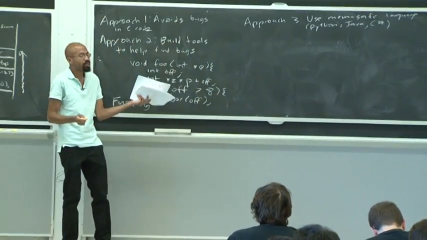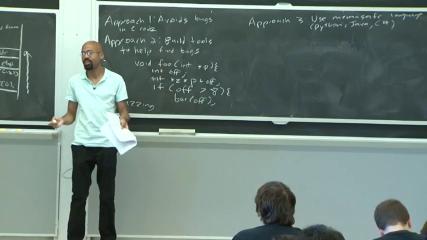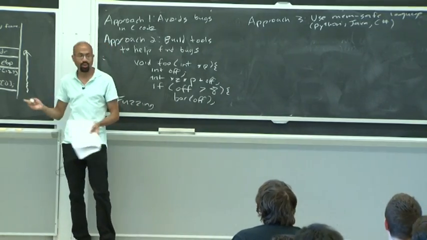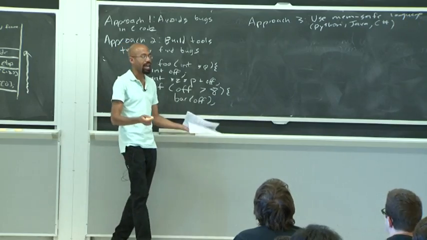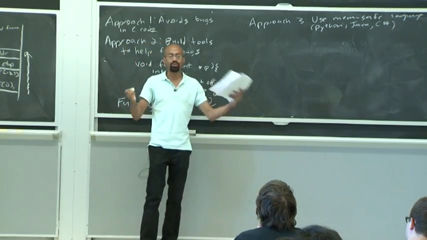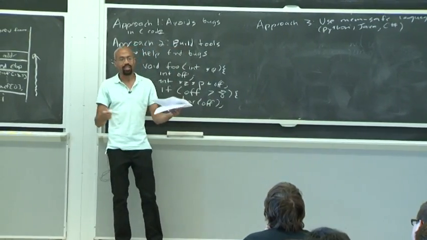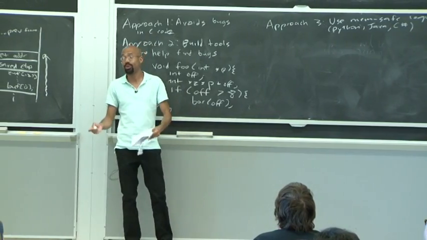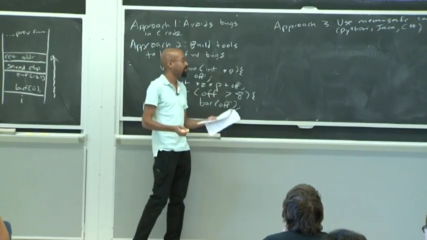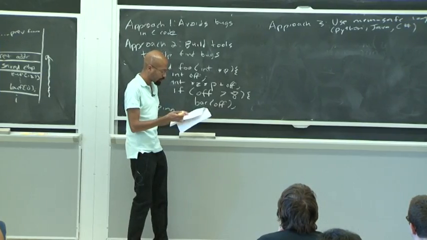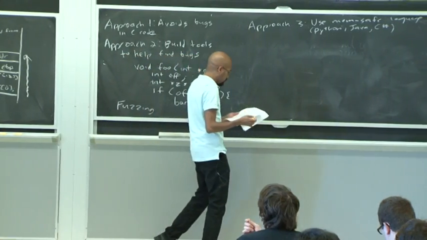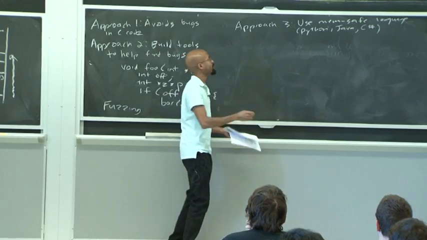And to a certain extent, this seems like the most obvious thing that you could do, right? I just told you that C is basically high-level assembly code, and it exposes raw pointers and does all these things that you don't want it to do, and it doesn't do things you do want it to do, like check bounds. So why not just use one of these high-level languages? Well, there's a couple of reasons for that. First of all, there's a lot of